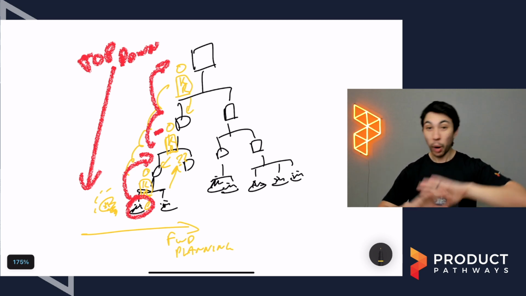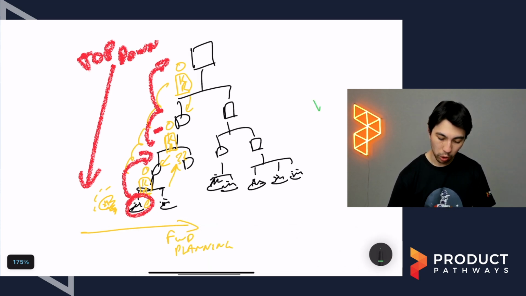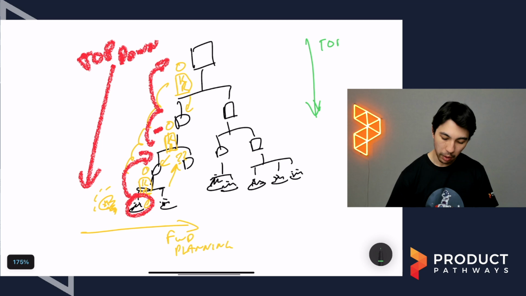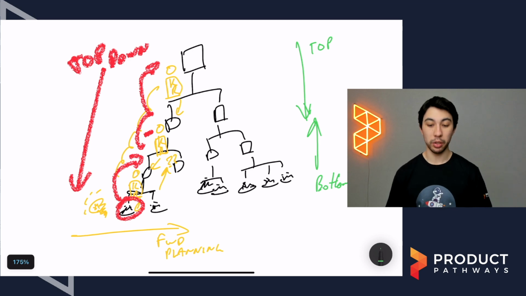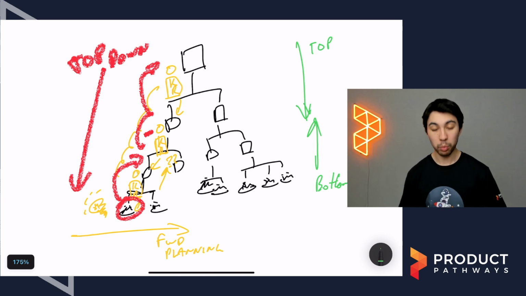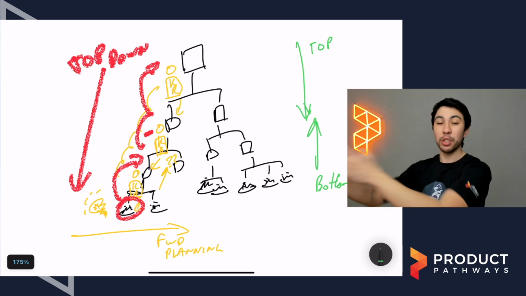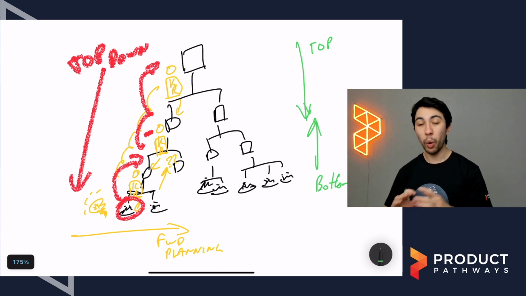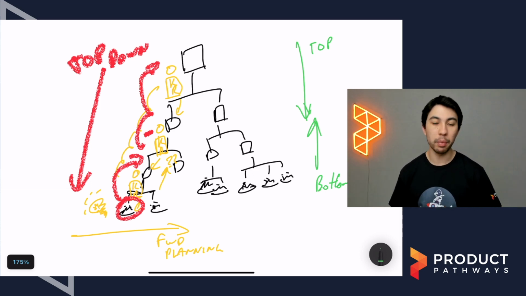When we move away from this and we move towards a more top-down and bottom-up approach, things become a bit more messy, but it enables us to do those things. At the bottom, people at all levels of the organization can have a roadmap. They can have a vision and a plan and a view on where things are going to go in 3, 6, 12 months, 2, 3, 4 years' time if they really want to.